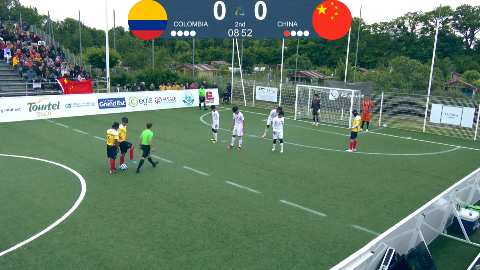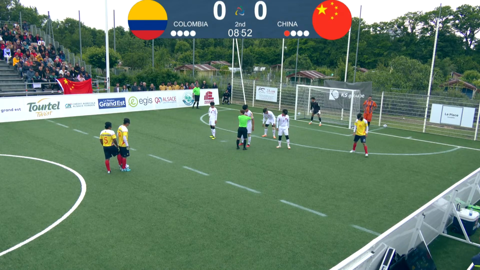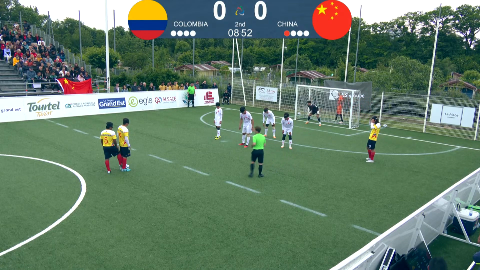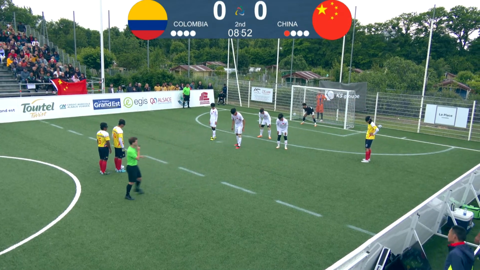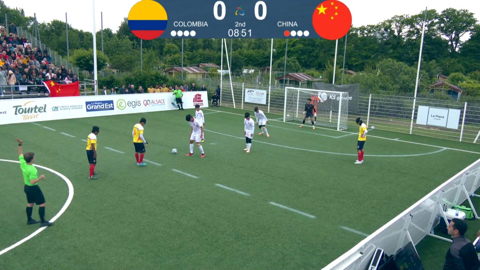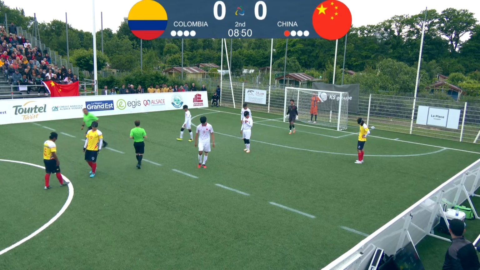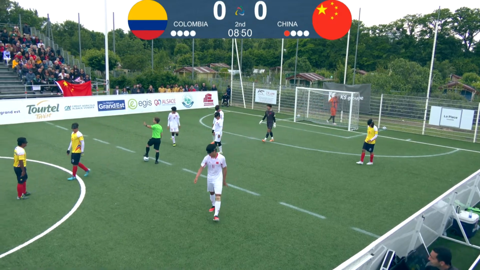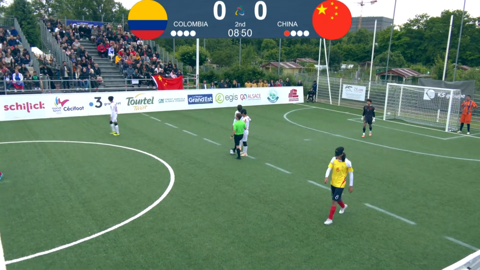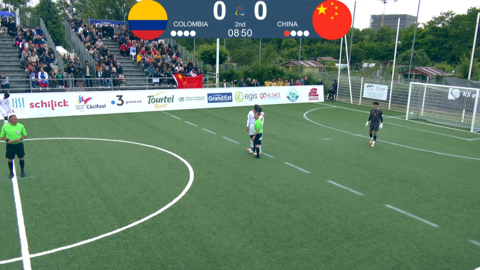And a great free kick coming for Colombia. We are at 14 meters, so the guides will not be able to tap on a post to locate the goal for the striker. But Juan Gonzalez, great forward, able to score some goals with the ball in the foot. Juan Gonzalez shoots, but a whistle by Tom De Bruyne, and it's going to be a ball for China finally. Yes, because he tried to kick it directly, but the ball will be given back to China, and there will be a